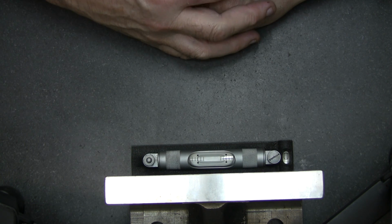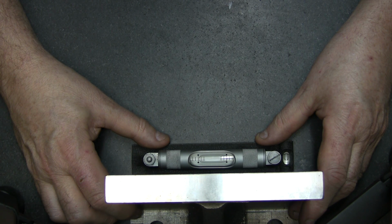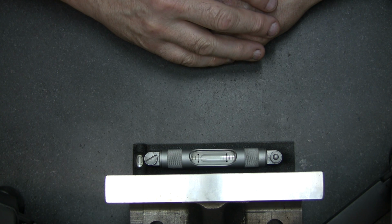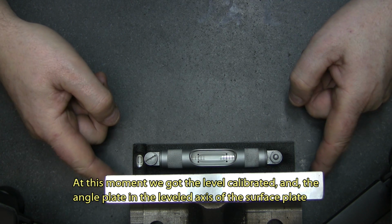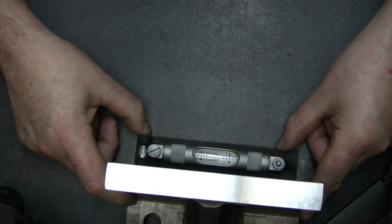Okay, now let's see what we get. Oh, getting a little bit down. So we'll try to bring the plate a little bit again. Okay, now I'd say we're right. If I move this plate, let's say I put it at an angle like this. Not that much, I'll just make it so it's about,